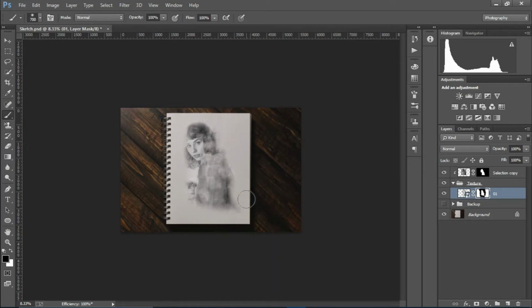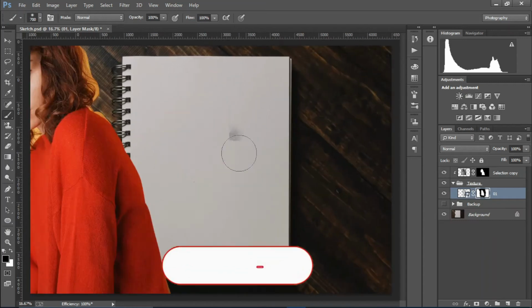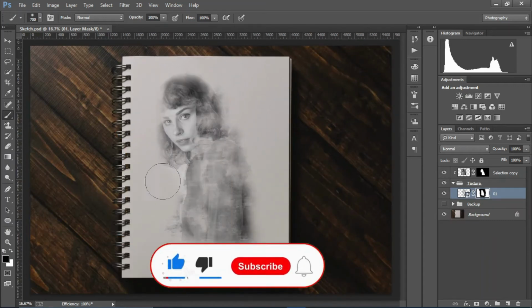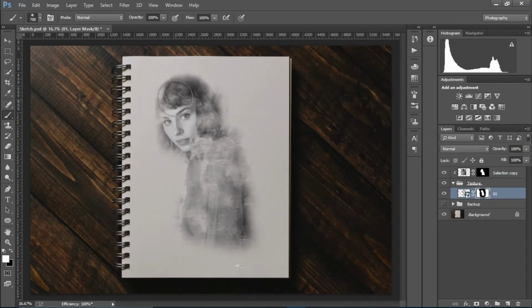Okay. Let's zoom in to see the hard edges. Cool. I'll just go up there, make the brush a little smaller. Let's see. Okay, that looks good. I'm gonna go ahead and press Ctrl plus J to duplicate it, and I'm gonna just